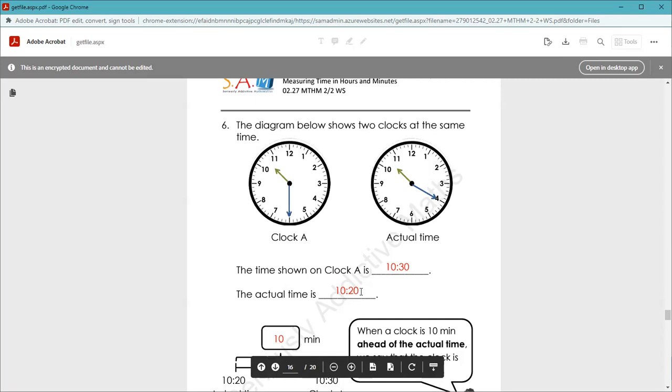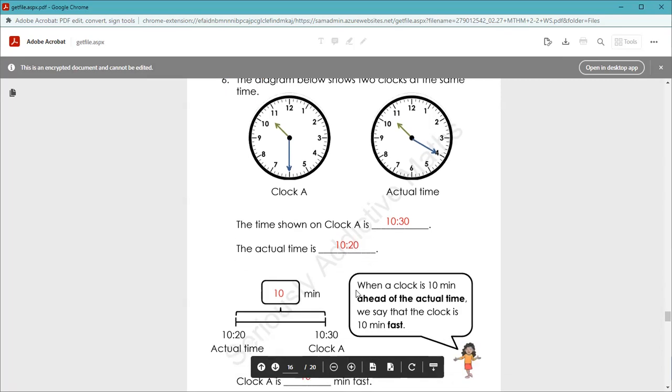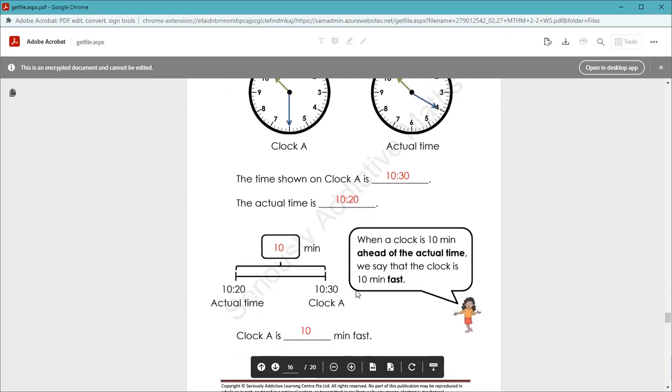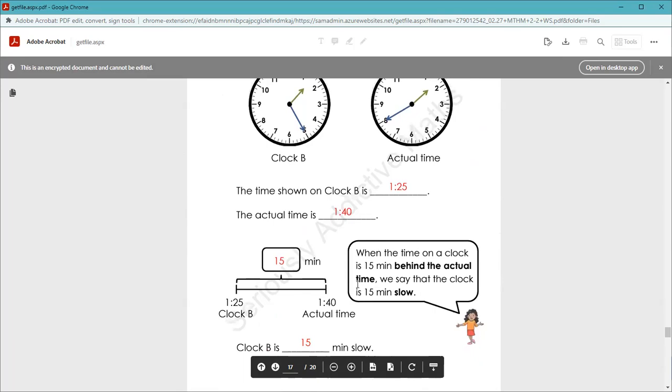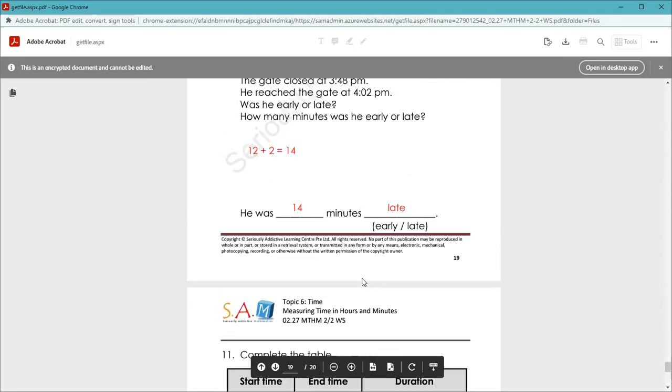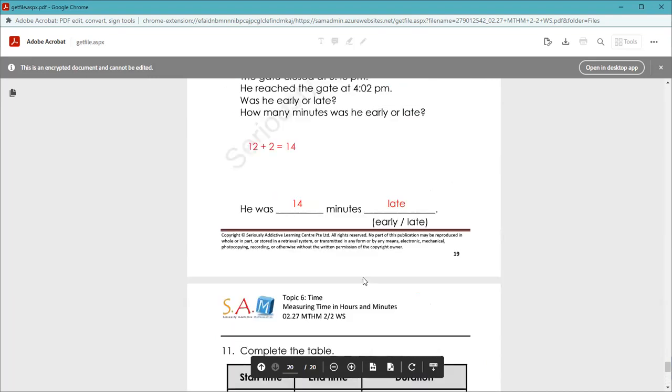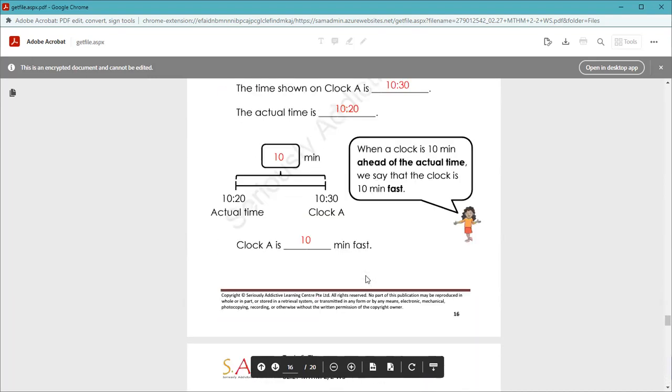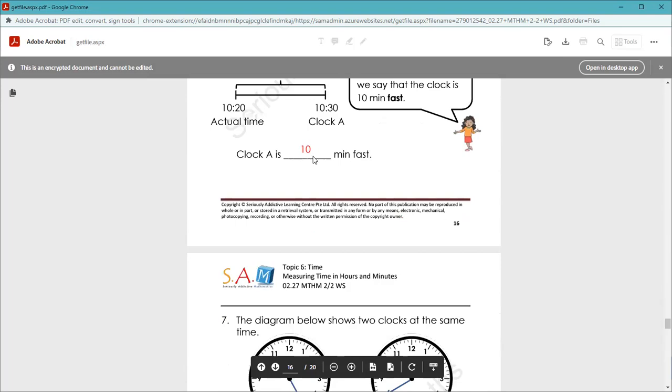Obviously clock A is wrong, because the actual time means it's correct, so 10:20. What does that mean? If the actual time is 10:20, the clock is showing 10:30. Is it faster or slower? The answer is faster, so 10 minutes fast. Then do one that is slower with them. Make sure that you manage to go through at least these 2 key segments, and after that we can move on to the next